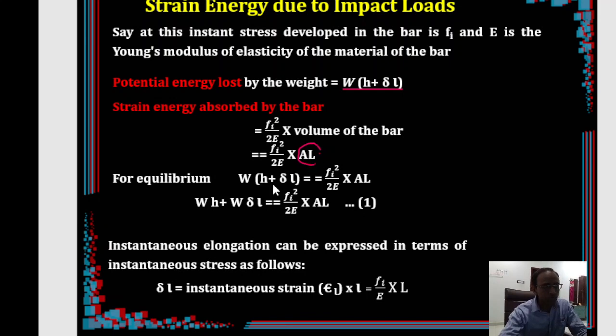Now for the case of equilibrium, the total energy is conserved, and if there is no loss of energy, let's see the energy developed in both perspectives. So W times (h plus delta L) equals sigma square by 2E times AL. Simplification leads to this kind of equation: sigma square by 2E into AL. This delta L, because I am interested to calculate stress, so let's transform this into stress terms. We know delta L by L is strain,